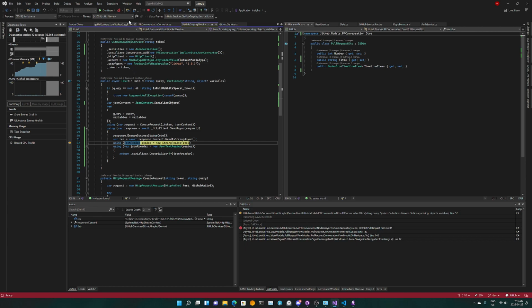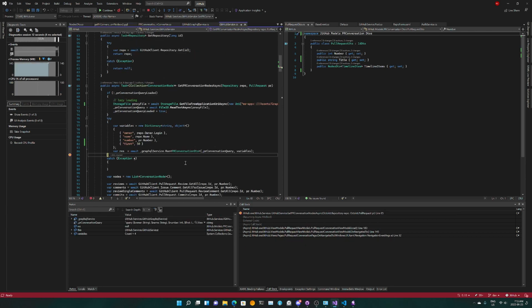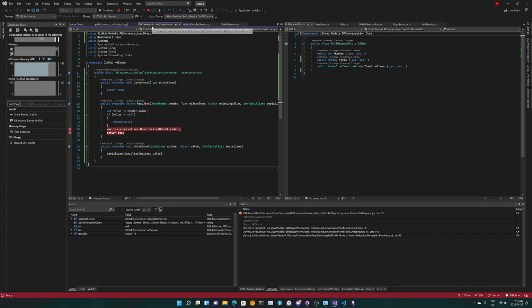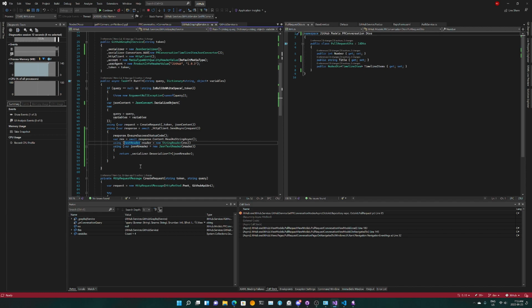All right, we don't need this breakpoint anymore, so we'll just do, so annoying, so annoying. Okay, I'm getting a little pissed off here, so I'm just gonna once again put a breakpoint over here.